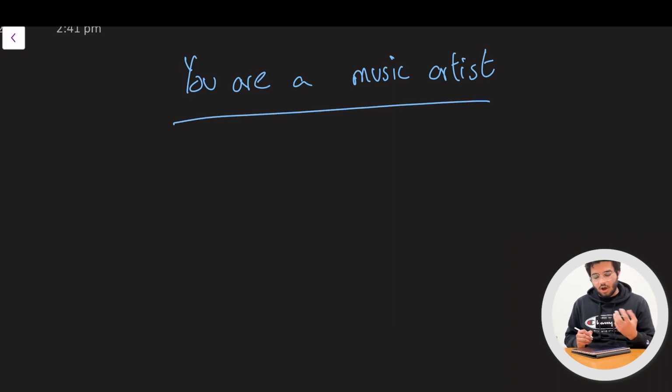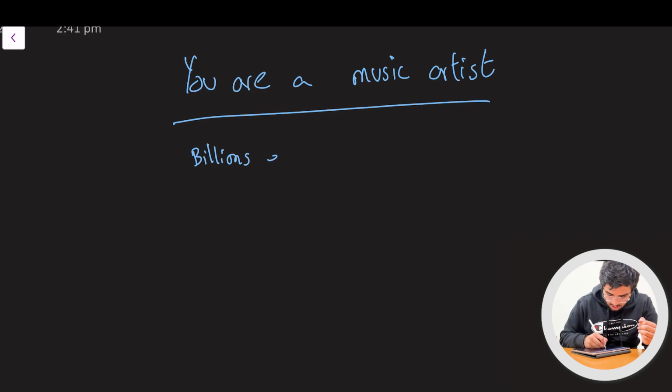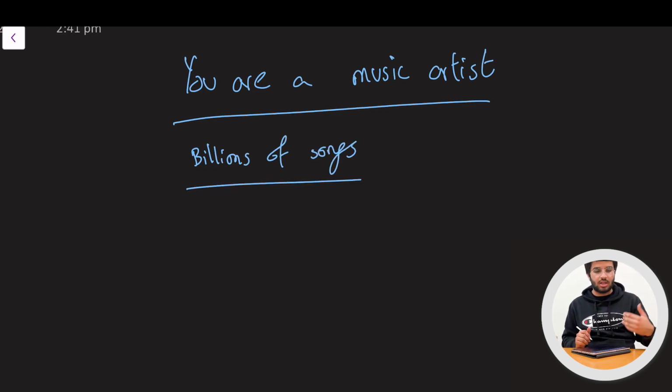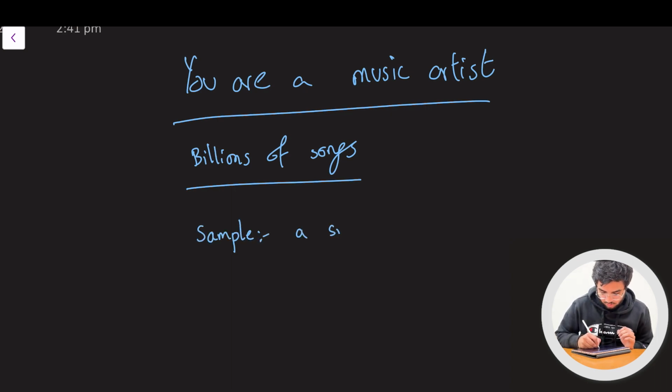Obviously, the platform has billions of songs. So to find out what type of choruses are catchy, you can't just go through every single song. That's very impractical, takes too much time, and just can't be done in general. Too many songs. So what you can do is take a sample, or take a smaller portion.